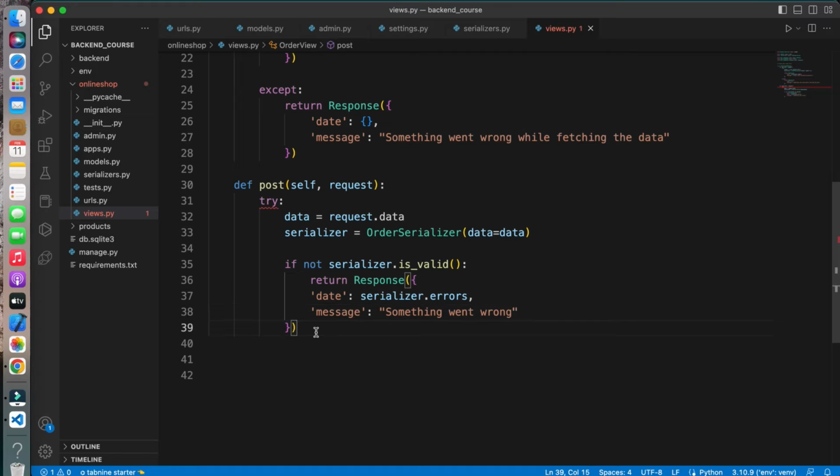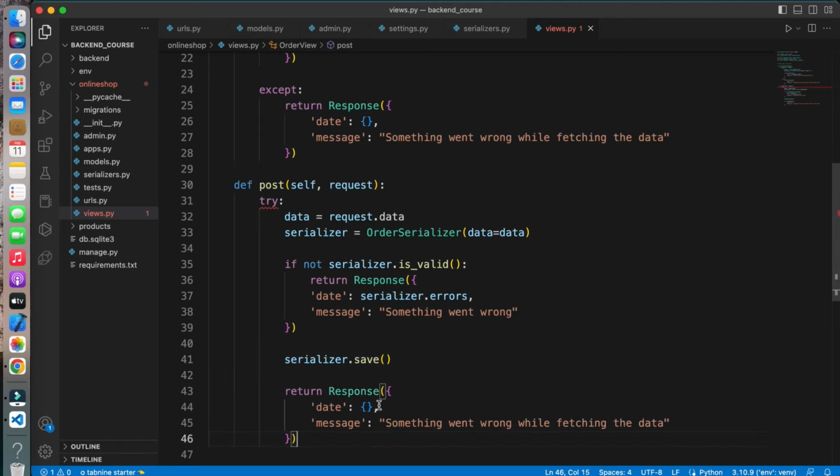First, when someone posts the data using the API, it will first check and validate whether the serializer is valid or not. Okay, if the serializer is valid, then it will save the serializer, so the data will be saved in our table. If the data is saved successfully, it will skip this part and go to this line and save the data into the database. Okay, and then we can return a response